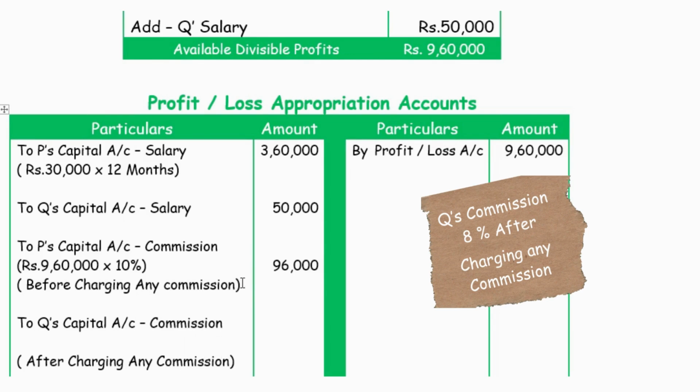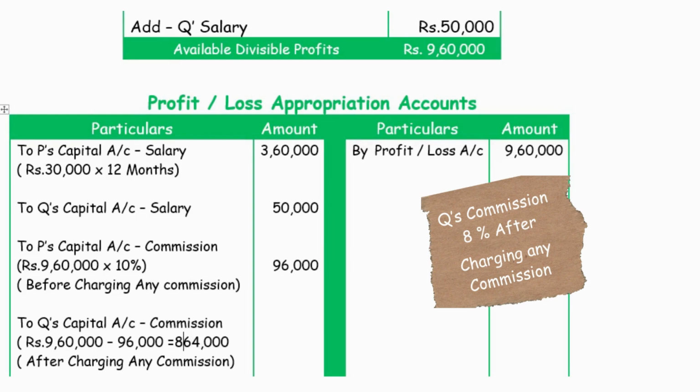The available profit for the partners is 9,60,000, and in that, a commission of 96,000 was given to P. So this will be deducted, that is 9,60,000 minus 96,000. So it is